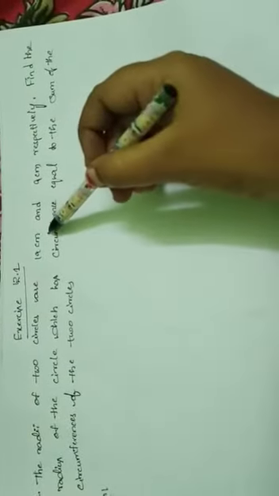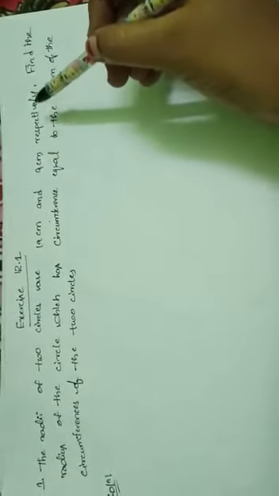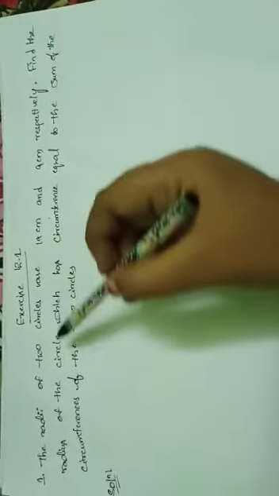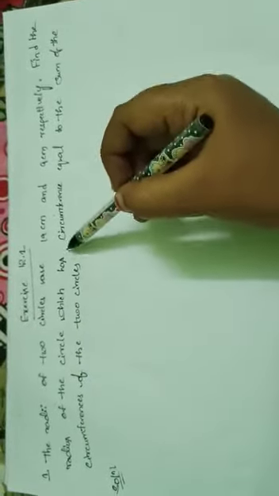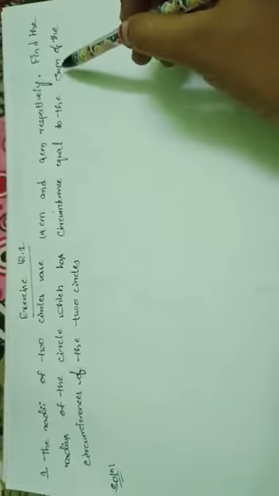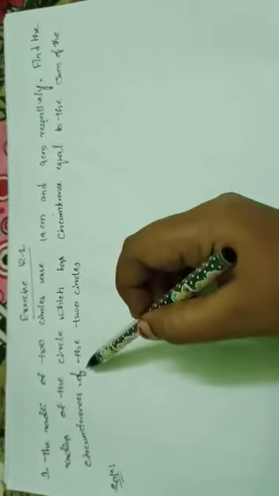Let's discuss exercise 12.1. Question number 1. The radii of two circles are 19 centimeters and 9 centimeters respectively. Find the radius of the circle which has circumference equal to the sum of the circumferences of two circles. Here given